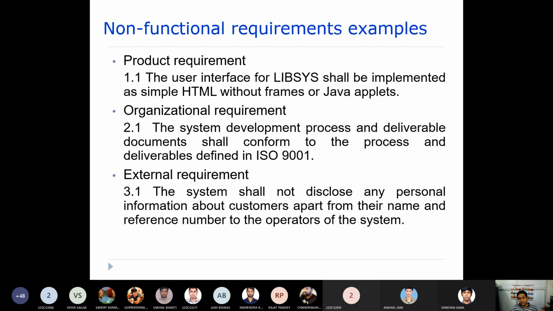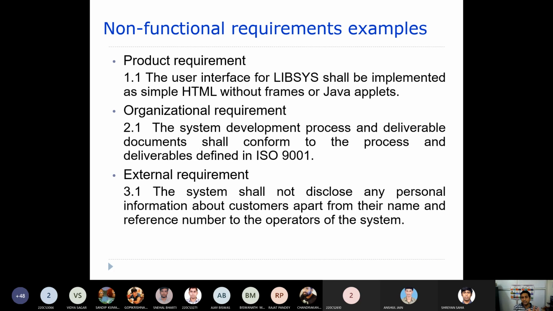That is the reason why I told you your system requirement is very close to the design specification also, right? It is also a requirement. Whatever the requirements are there, those things will be specified, not the solution things. The solution things will actually come later, because it is a requirement. Now here in this particular product, the requirement is that the user interface should use HTML. It should not use frames or Java applets. So that is a requirement from the customer side.